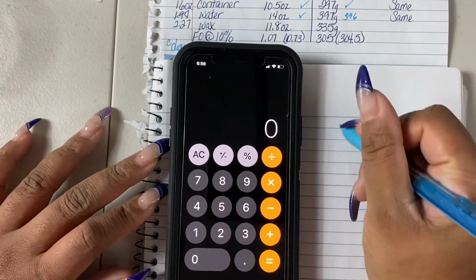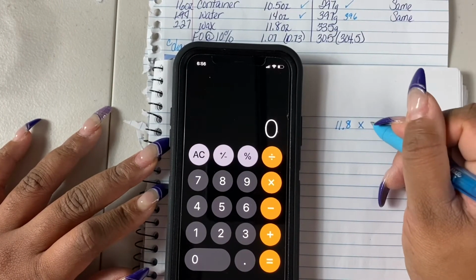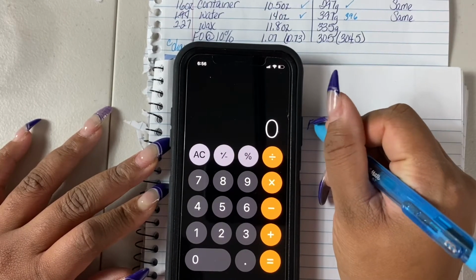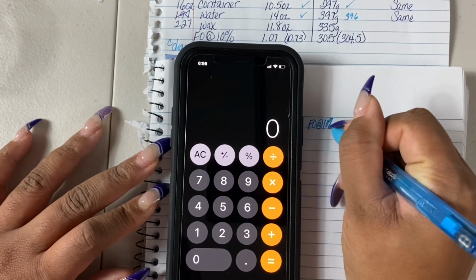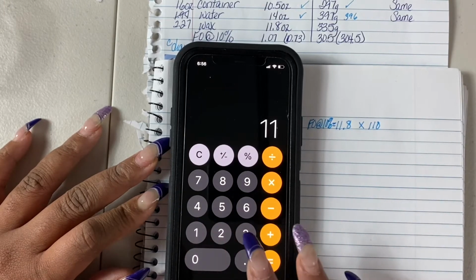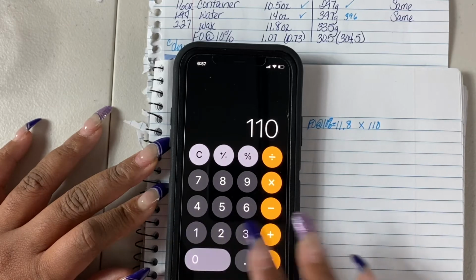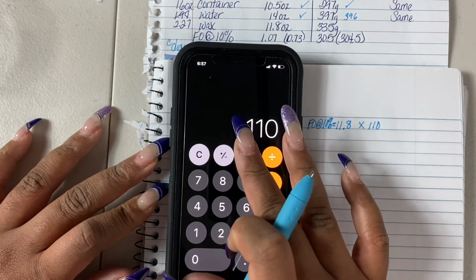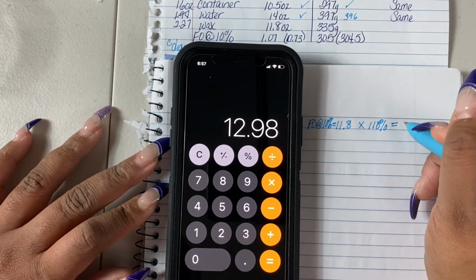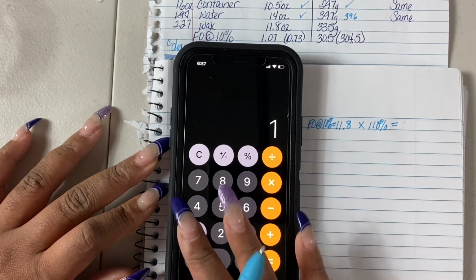Okay, now I'm going to do the math for the fragrance oil percentage. My wax can hold a max load of 12% fragrance oil, but I don't want to use that much, so I'm going to test at 10%. To determine how much fragrance oil I'll need for my wax capacity, I take the amount, which is 11.8, and I divide, not multiply as you see here. I correct myself, I divide the wax capacity, which is 11.8,